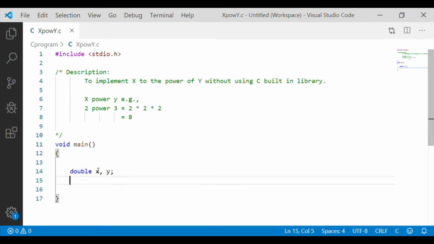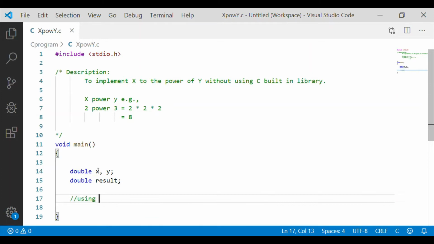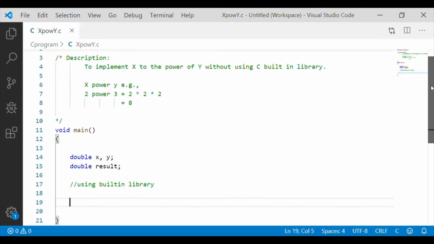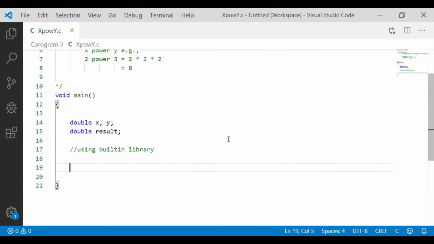Before we write our own function, we will first use the built-in library function of C and then write our own function for x to the power of y. So let x and y be the two values we will get from the console.